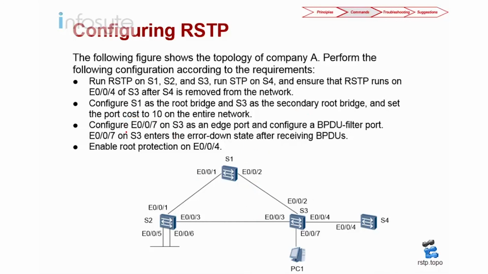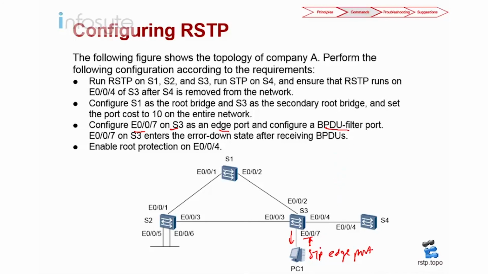Now next we are going to look into switch 3. Alright, 007. As you can see, switch 3 at 007 is connecting to a host. So we are going to configure it as the H port. Alright, so inside the interface we are going to do a STP H port. Alright, and configure BPDU filter. So which means that